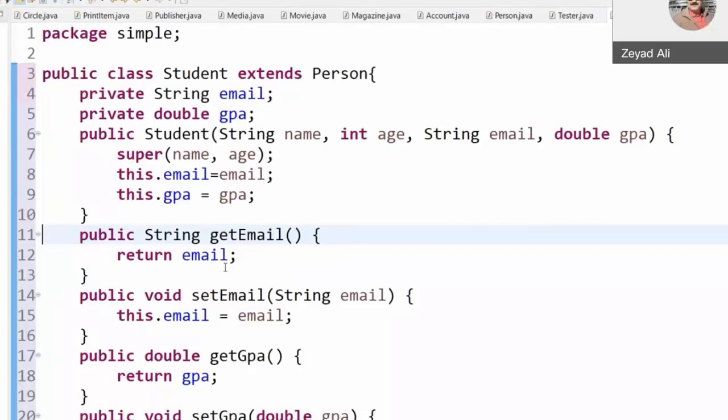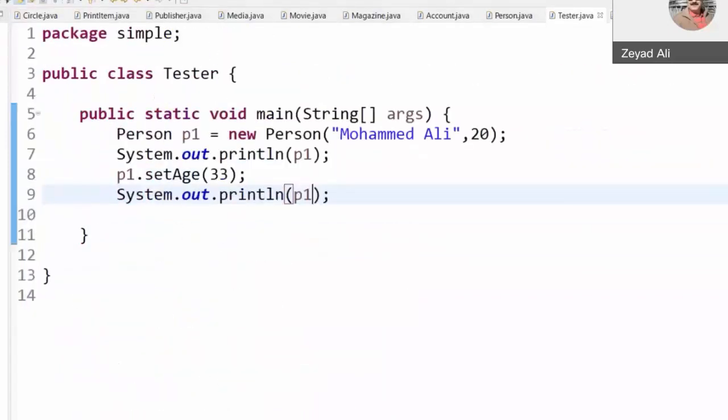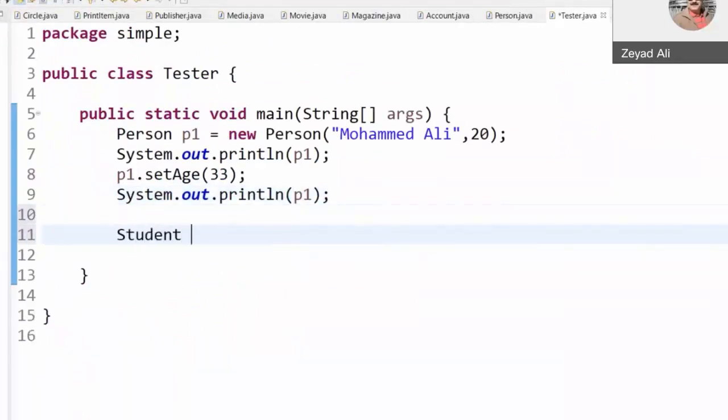Now, student is a class. You can create a new student, and let us create a new student here. Student s1 equals new Student. Remember, the constructor of a student now takes 4 attributes. Email is also one of them.